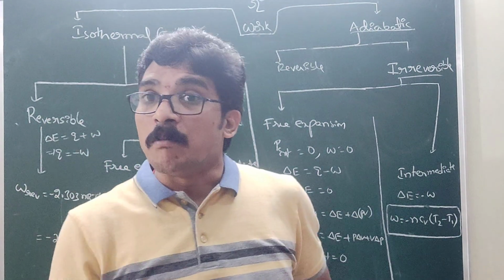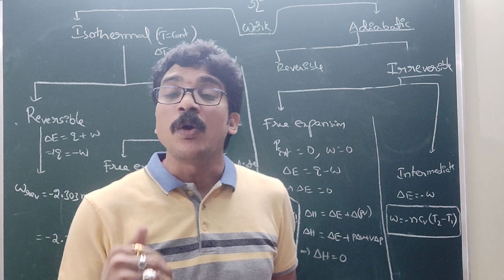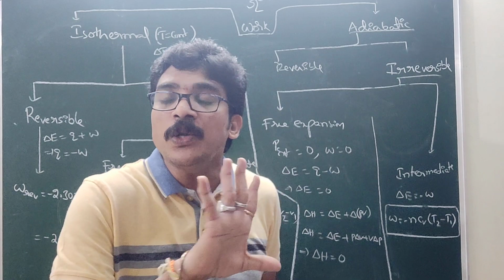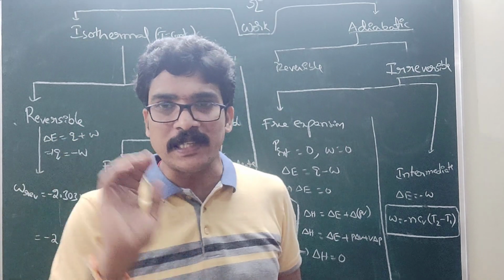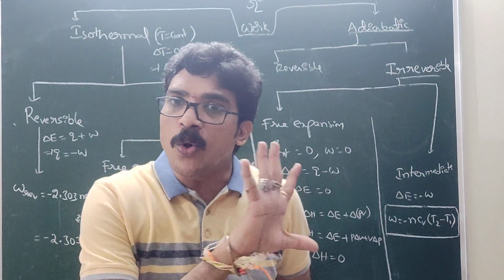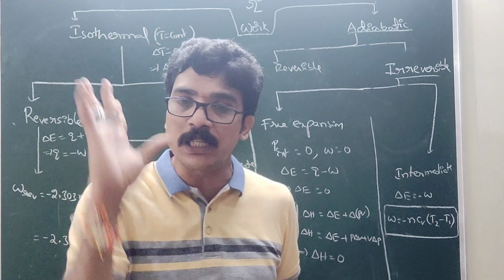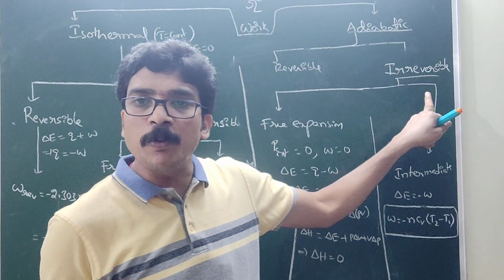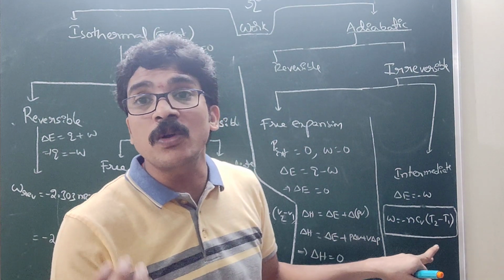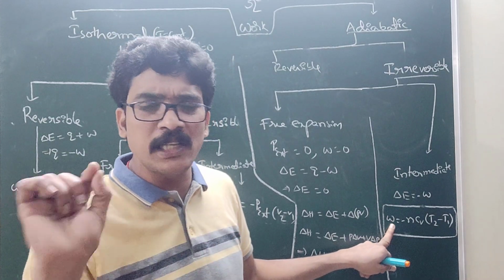But here, how can T2 be calculated? It is not a reversible process. Therefore, don't use TV^(gamma-1) equals constant. Don't use PV^gamma equals constant. Don't use T^gamma P^(-gamma)... equals constant, because it is not reversible, it is irreversible. Now, in an irreversible process, work is equal to minus delta E. We know delta E is equal to nCv (T2 minus T1). By using this formula, work can be calculated easily.